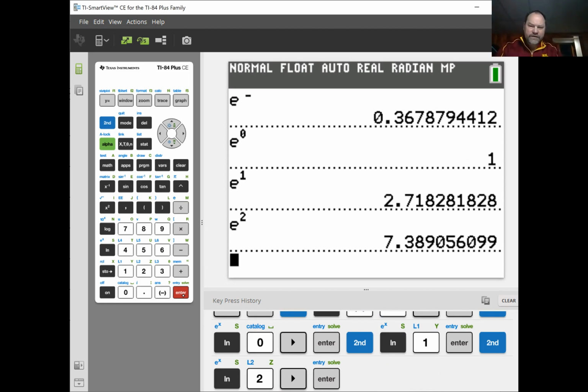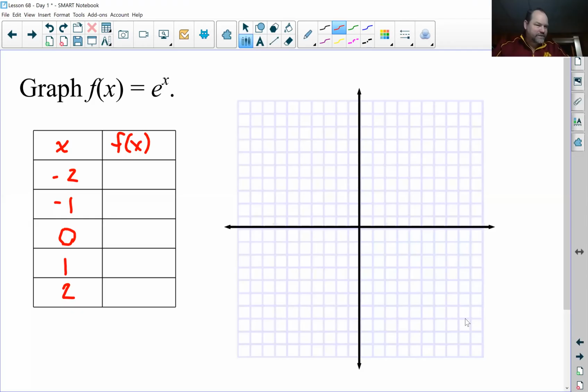Again, e is an irrational number. It does not repeat a specific pattern. It does not terminate. So as I said, similar to pi, which actually you'll be asked to use pi as your base in your homework for one example as well. So if I graph that or fill in my table,